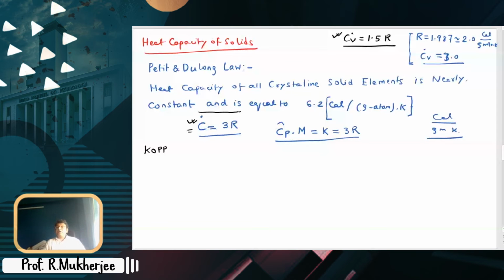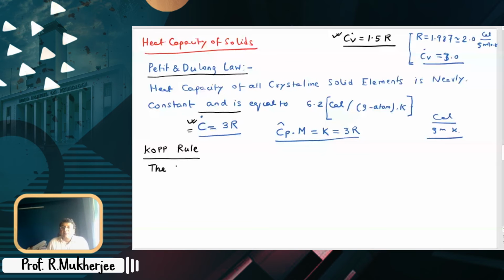Just remember, in the digital era where you can access every data, every formula, every stuff on the internet, it is important to know that something like this exists. You may forget Cp equal to 3R, but unless you know that somebody predicted that some relation like this exists, you will not even be able to find it on the net. That's the only utility, right? This is very easy. You may remember the number Cp equal to 3R, but that's all about it. Next, an associated concept is also there, which is known as the Kopp rule. It is also very easy and very effective. The heat capacity.